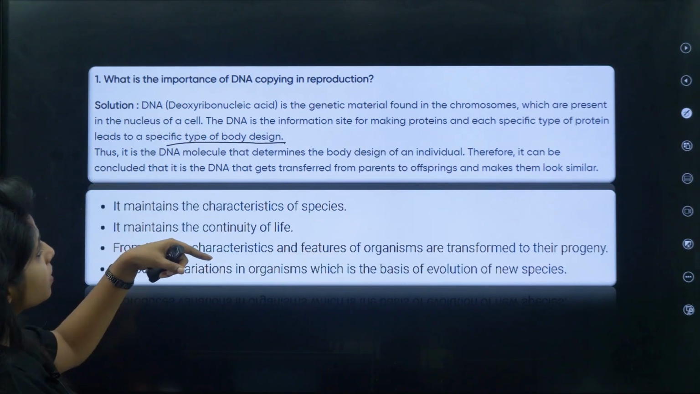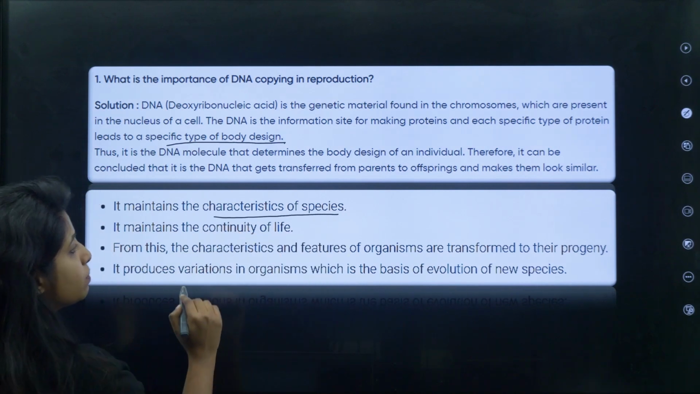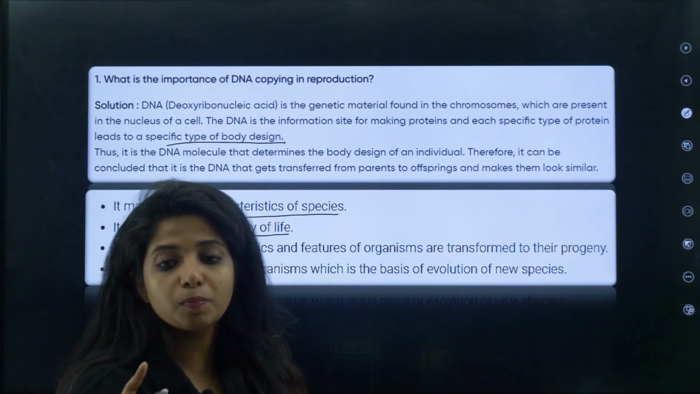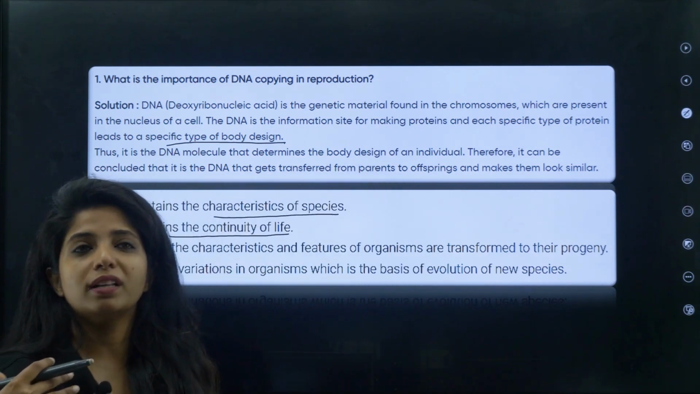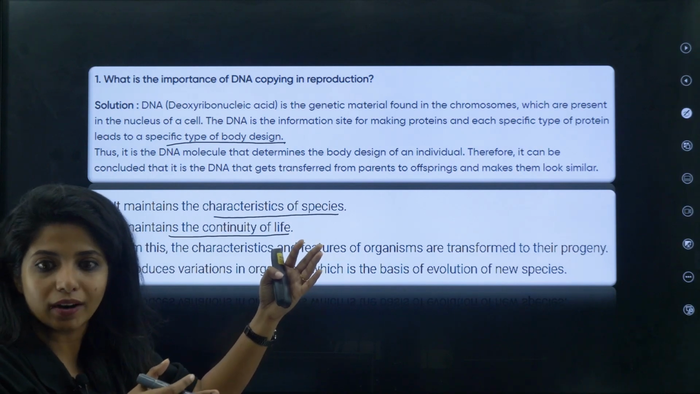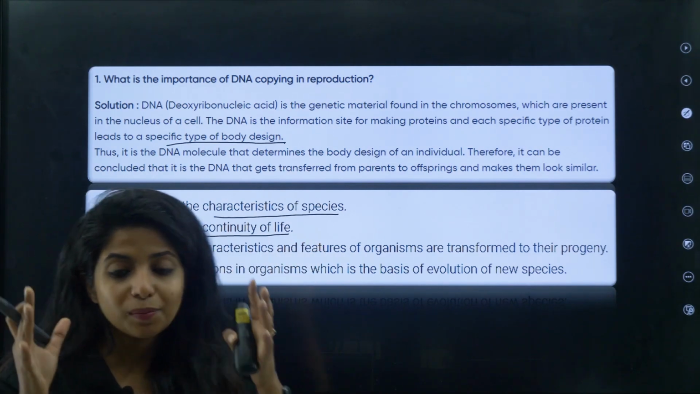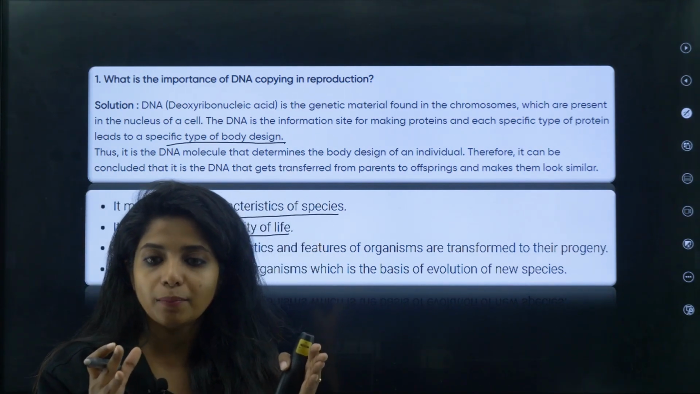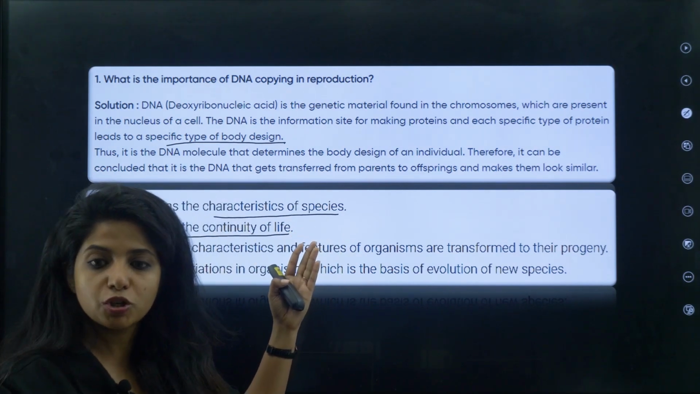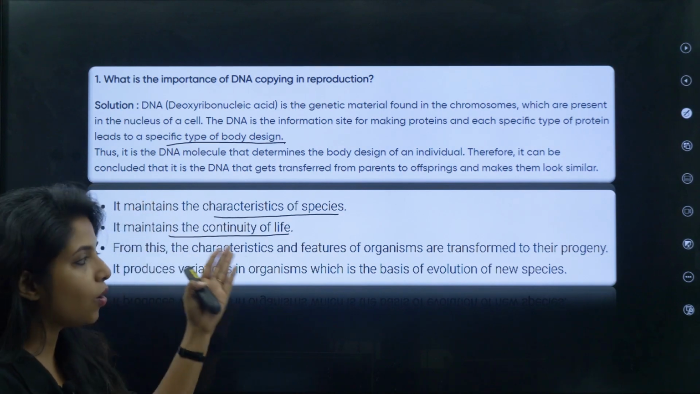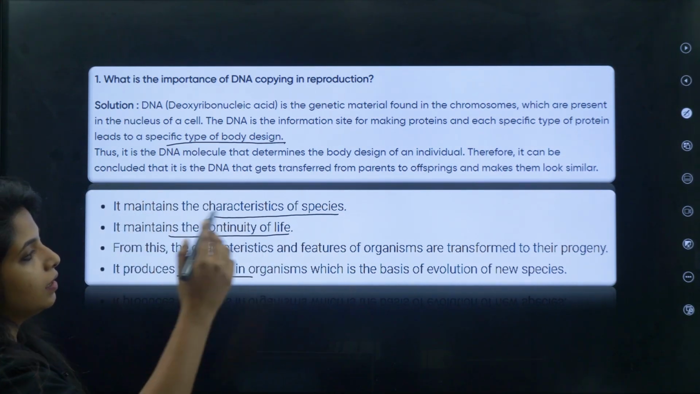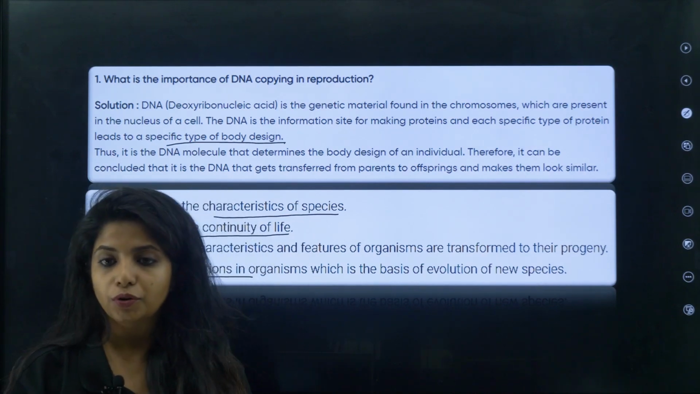Okay, and how is it important? Again, it maintains the characteristics of species, it helps the continuity of life, same thing that we studied when we were speaking about the use of reproduction. So DNA copying happens in reproduction as well, right? DNA copying is a major process in reproduction, and if it is not happening, obviously can we see characteristics of species, continuity of species, anything like that? No. So you can put all the features over here. It produces variations and all the things we learned over there, you can put it over there,